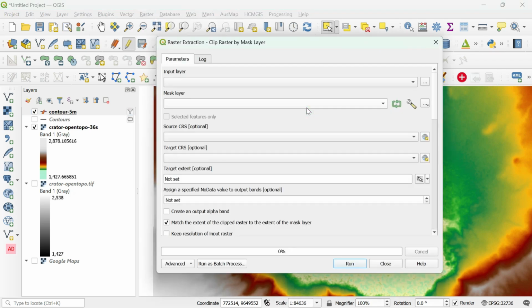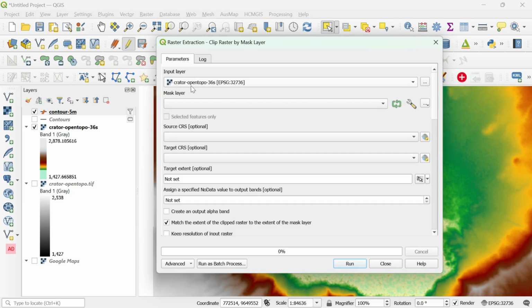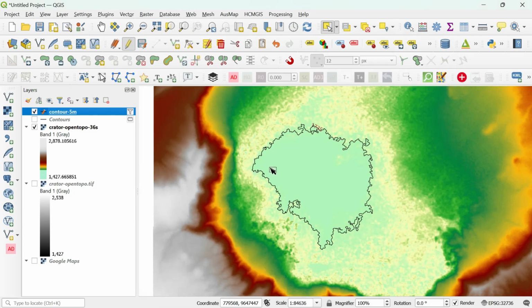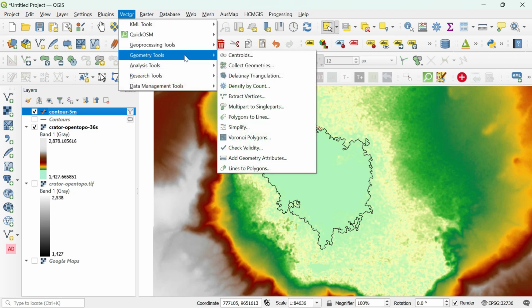Just click on here and choose our raster layer. Okay, then oh sorry, I made some mistake. No problem. Go to vector, come to geometry, and say line to polygon.